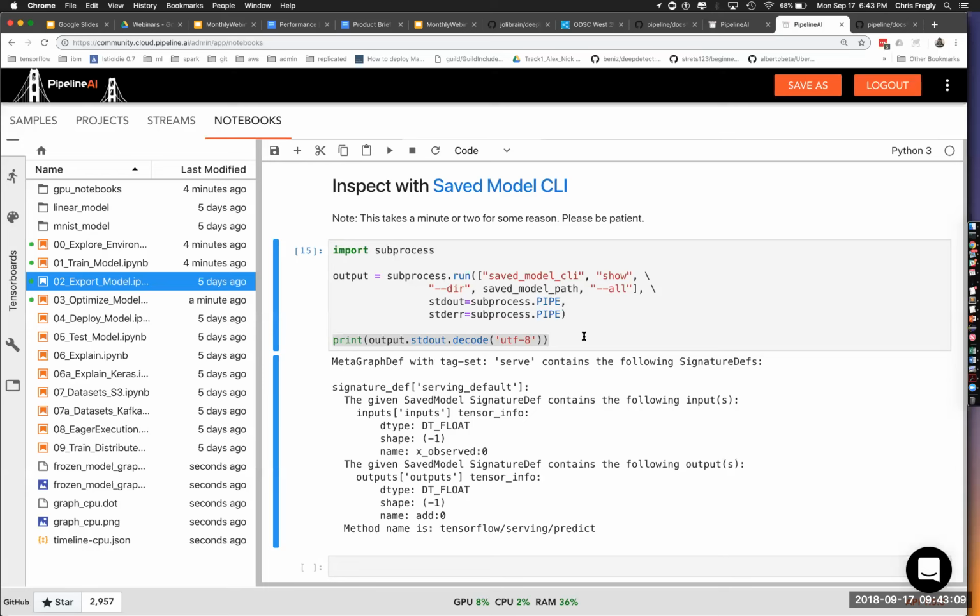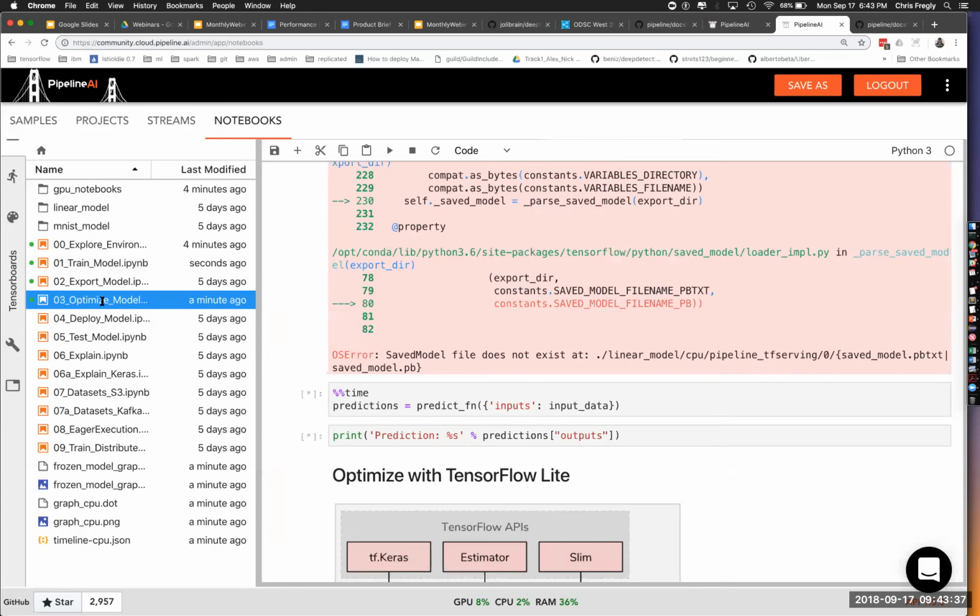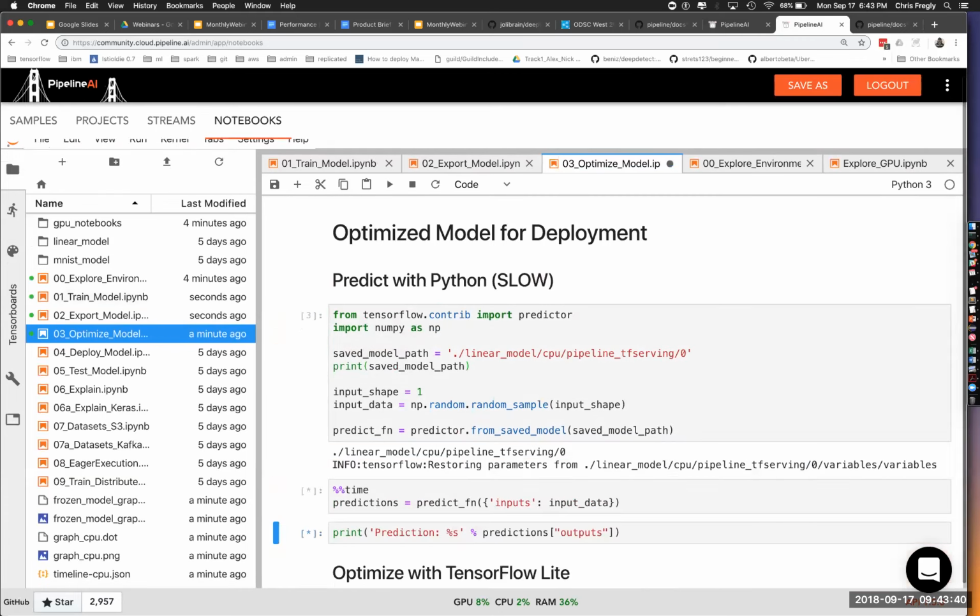Now this is really important because when you train the model, you need to serve it somewhere. Either give it to Amazon SageMaker, give it to Pipeline, give it to Google Cloud. And they need to be able to inspect this model, or we need to be able to inspect this model and set up the schema and generate the code to convert from JSON into these tensors or NumPy arrays, whatever you have going on there.